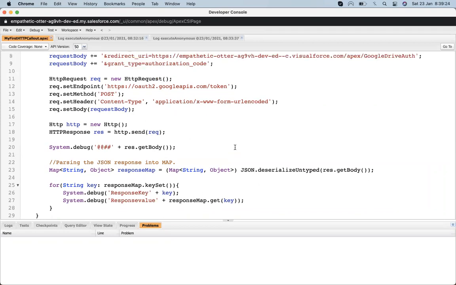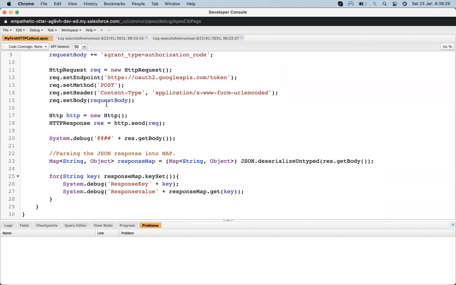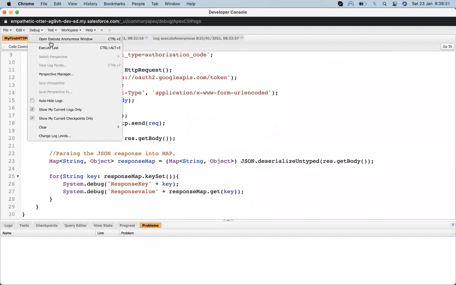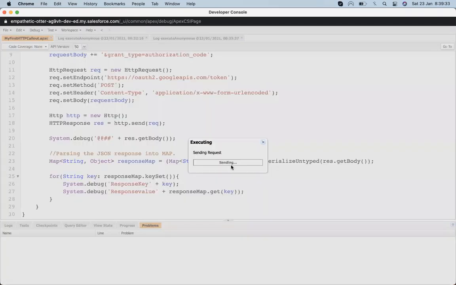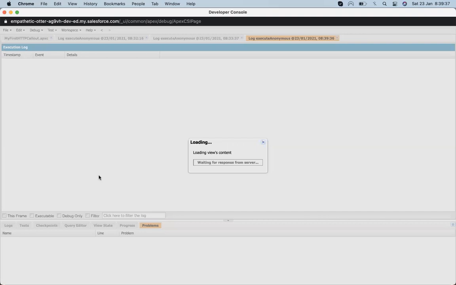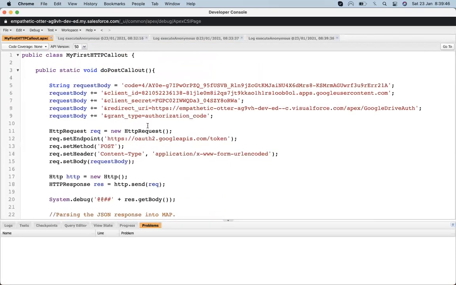Okay, so again, doing the same thing, and I just do what in there. Execute. Maybe the code is missed. Wrong code.